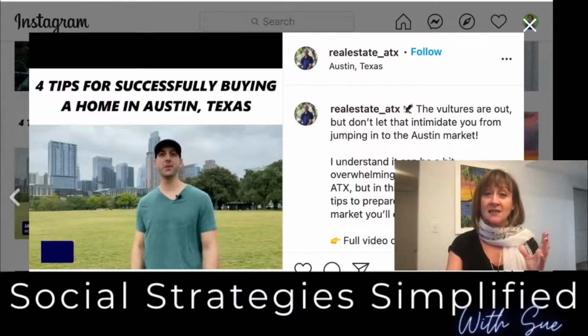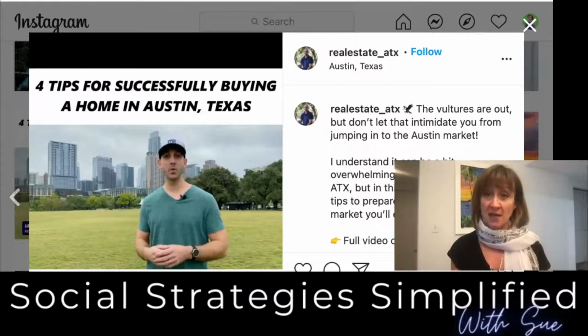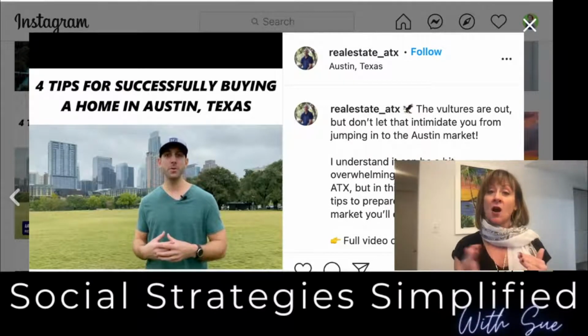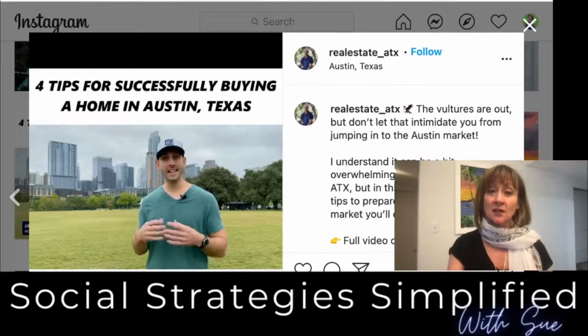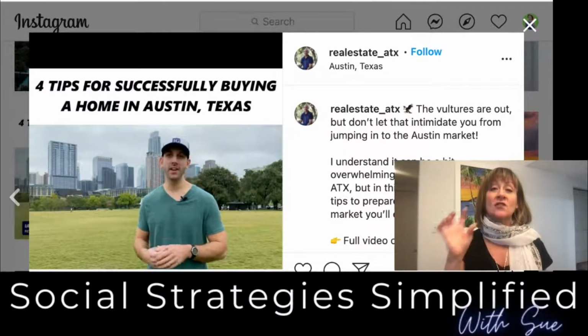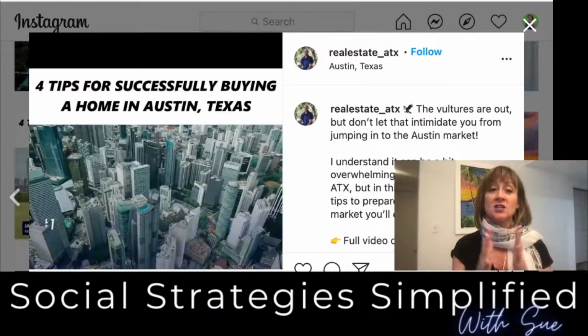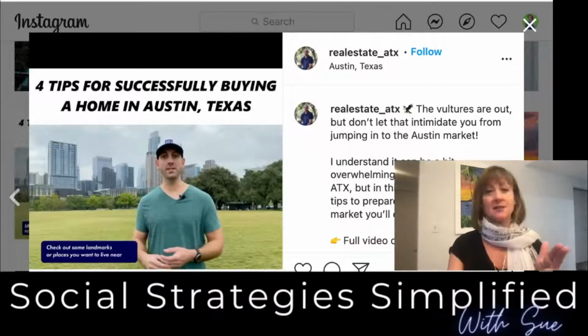So one is the snipping of the content. On YouTube, his video is about 10 minutes long. He goes into longer form explanation of these 4 tips. Now here, he has a shorter version of the video that he can create from taking snippets from that original video and editing that together, so that here he places it right on Instagram.